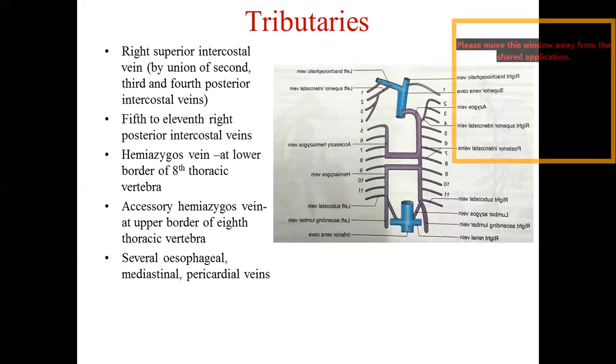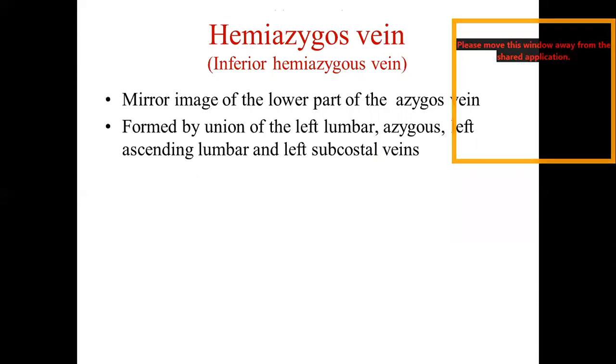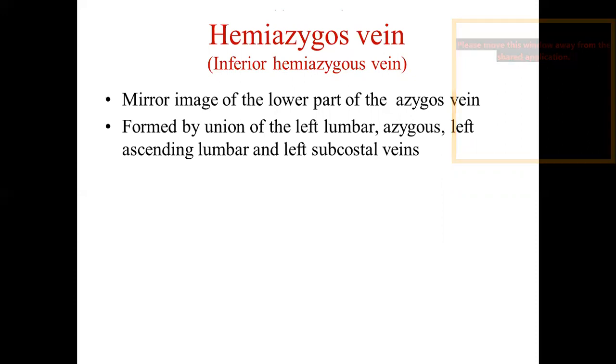The azygous is an unpaired, continuous vein on the right side of the thoracic cavity, where it is related to the right lung, pleura, and esophagus, and it drains finally into the superior vena cava. In addition, we have two notes. One is on the hemiazygous vein and the accessory hemiazygous vein. The hemiazygous vein is also known as the inferior hemiazygous vein.